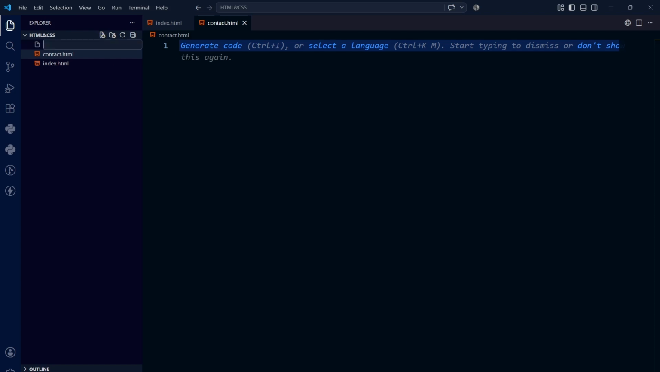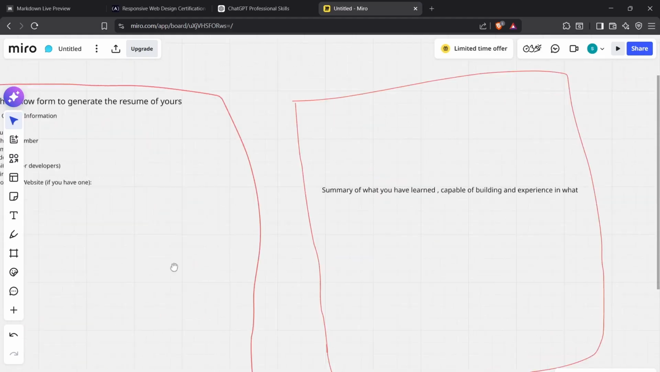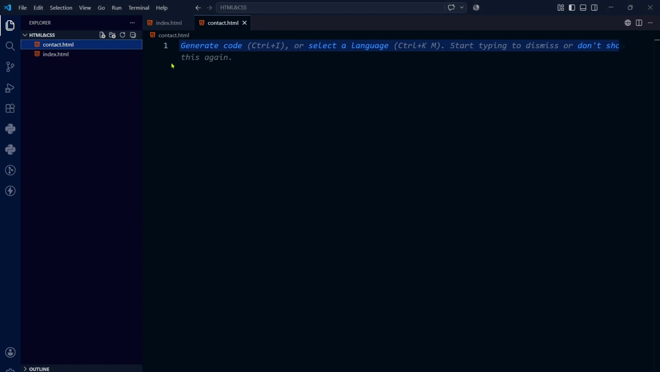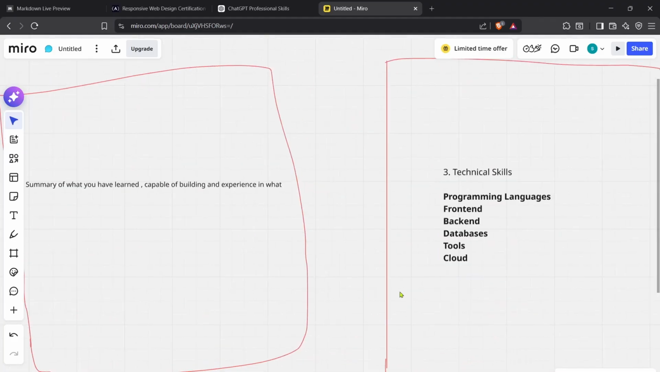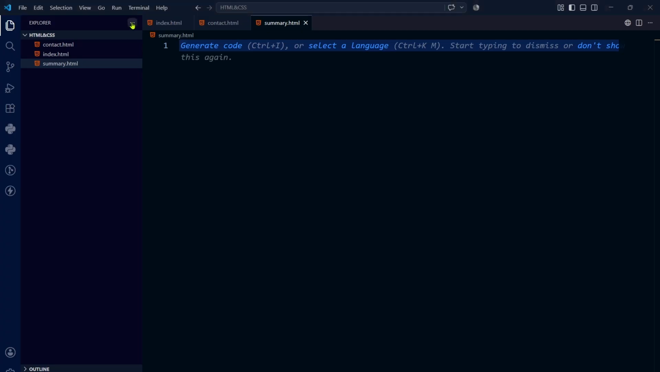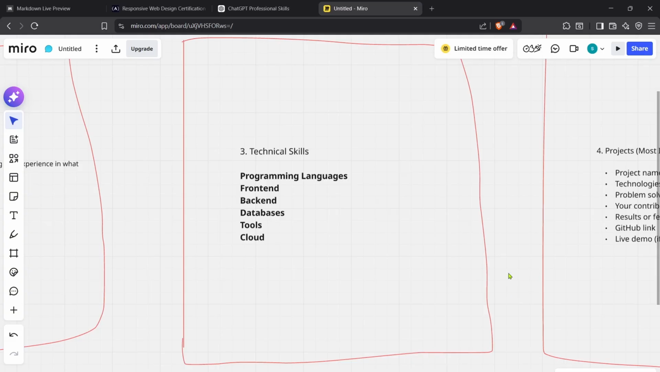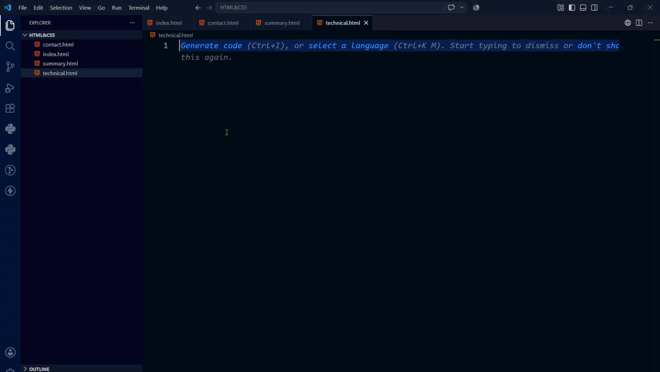After that it will be contact, and after that summary.html. After this it will be technical, and I'll say technical.html. After that we need projects. Okay, it will be projects.html, and make the file name readable, so you can understand